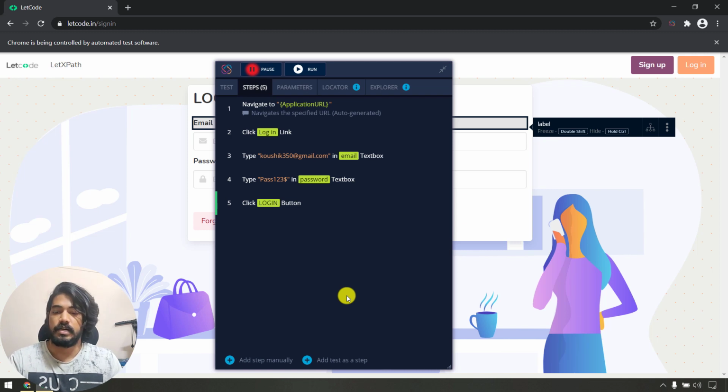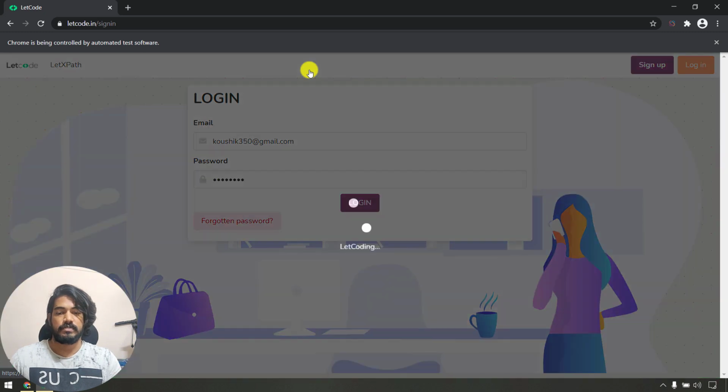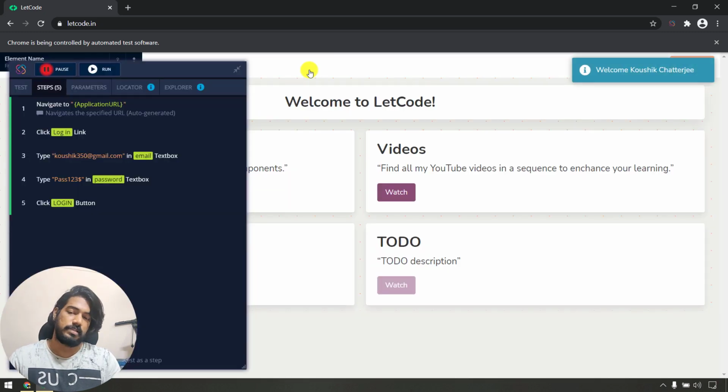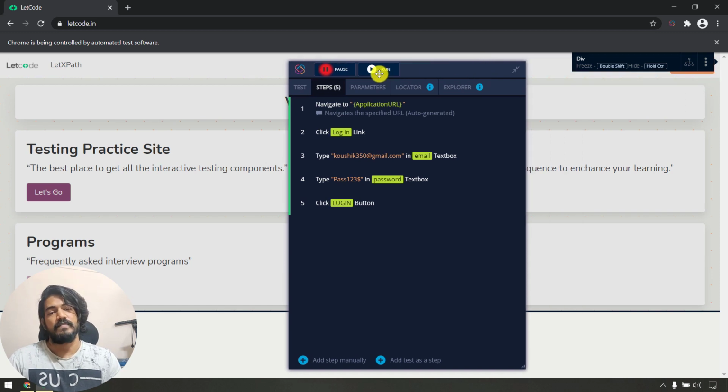And also, maybe I'm doing it wrong. I didn't see any tutorial. I'm just giving you the first impressions, like how it feels. So let's go and run this, and it's doing something: login, entering the password, and clicking on the login, and yeah, that's it. Okay, so I have logged in already.